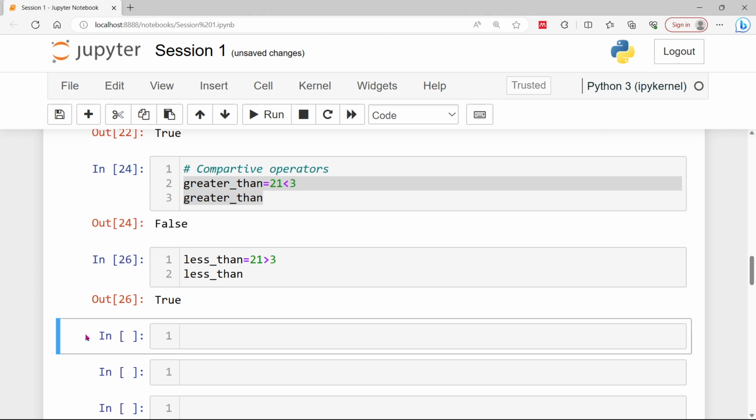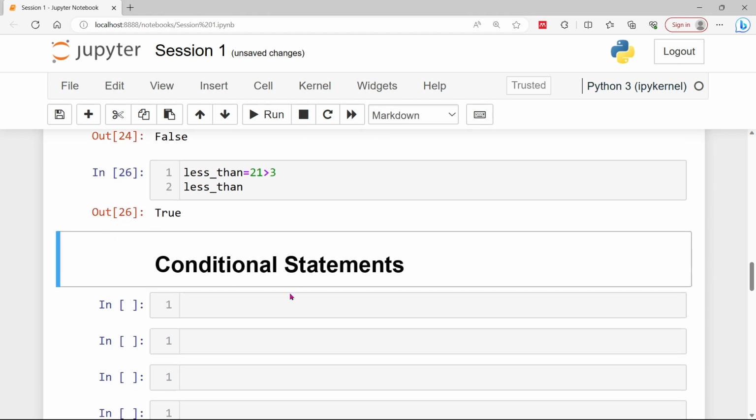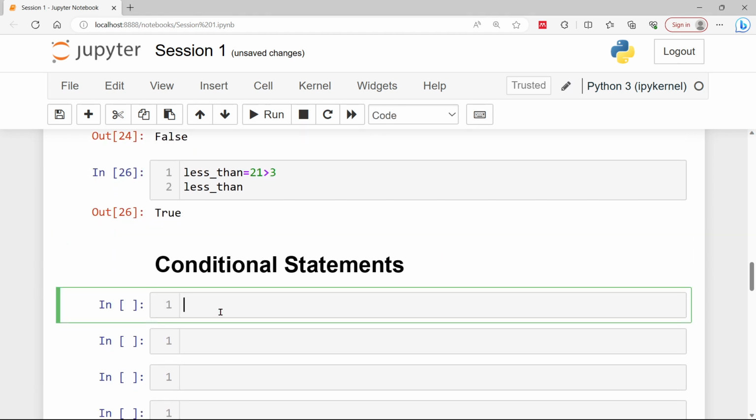Now you can go for the conditional statement in different ways also. We can go for the elaboration part. In the first condition in the conditional statement, we are going to deal with the if statement,